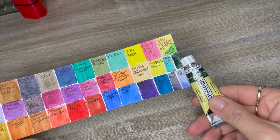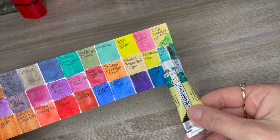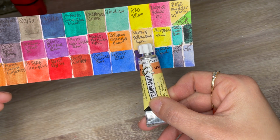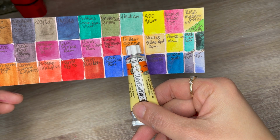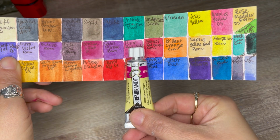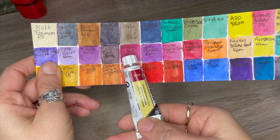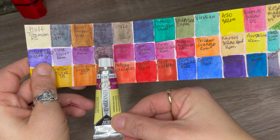This is dusk green, bluish green, Aurelian, Naples yellow red, brilliant orange, naphthol red bluish, permanent red violet, quinacridone purple, and I think this is one of my favorite colors that I picked up, benzimidazole violet, dusk pink, mauve,